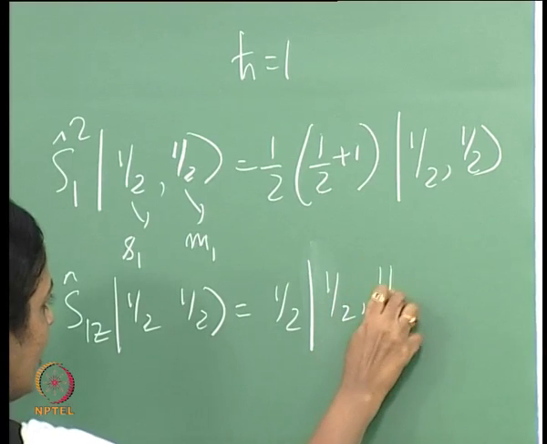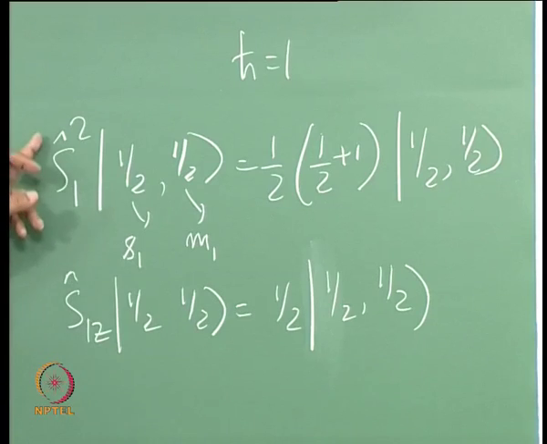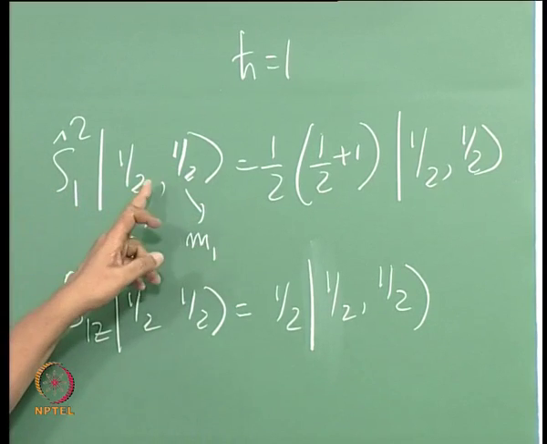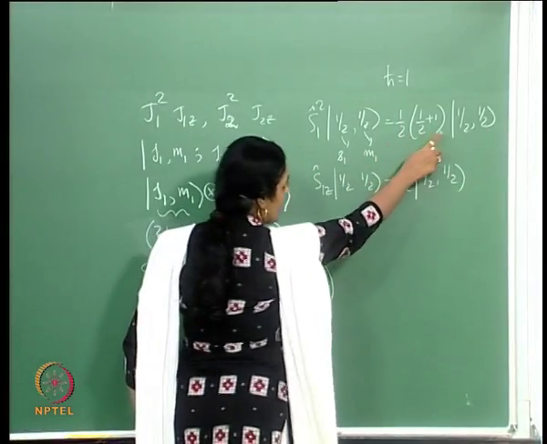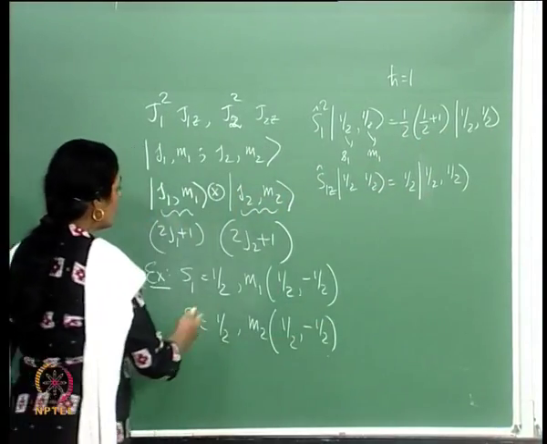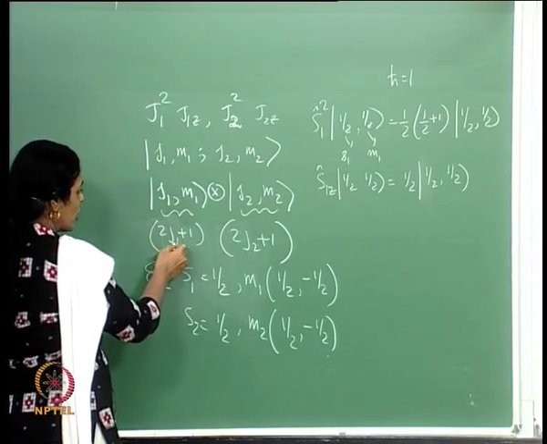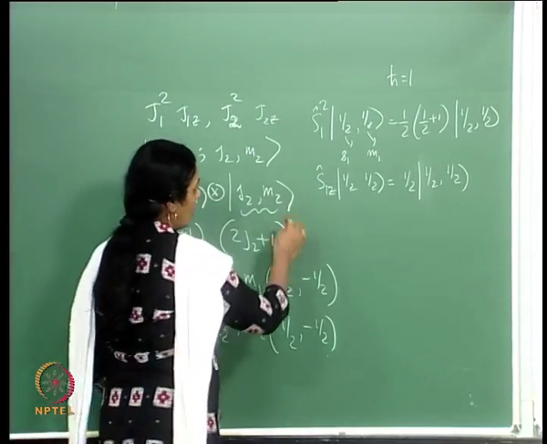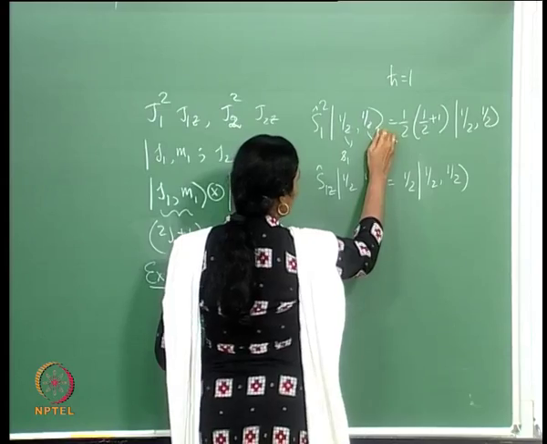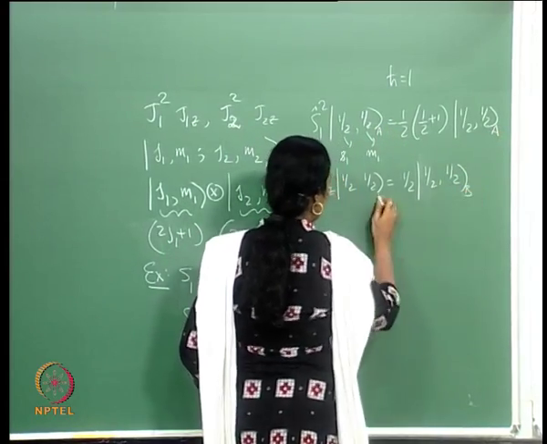half comma half. Similarly, for S2, I have S2 squared acting on the system 2 state half half, gives me half times half plus 1, half half. I could do the following thing. Instead of J1 and J2, I have used S1 and S2, and therefore, I can make it convenient by denoting this by A and this by B,